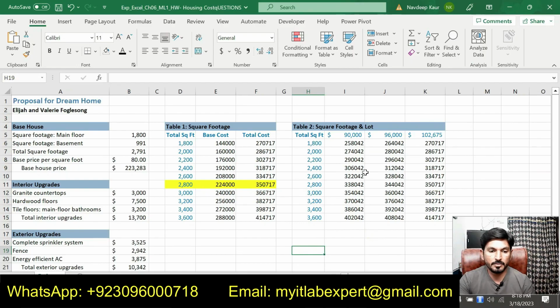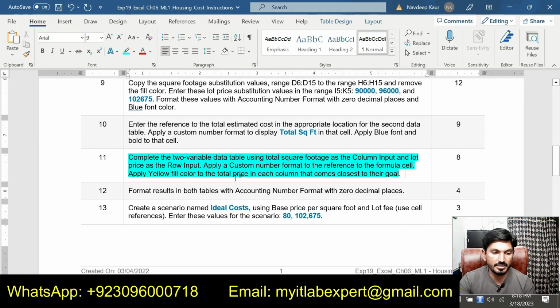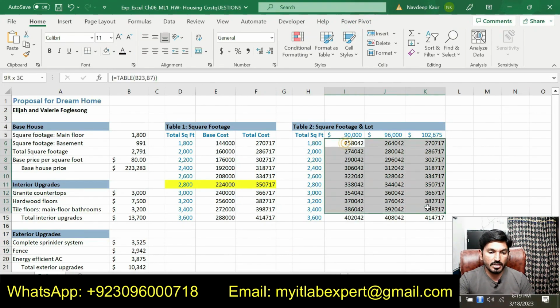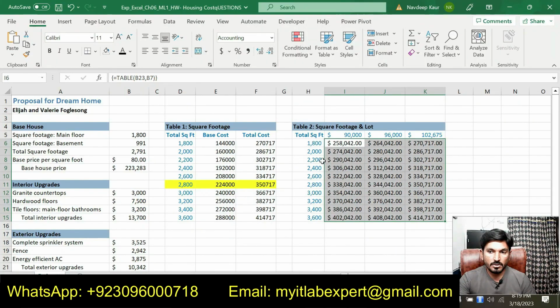So we got the table, and next thing to do is it is saying that apply a custom number format to reference to the formula cell. Apply yellow fill color to total price in each column that come closest to their goal. So we will first format them as a counting number format with 0 decimal places,